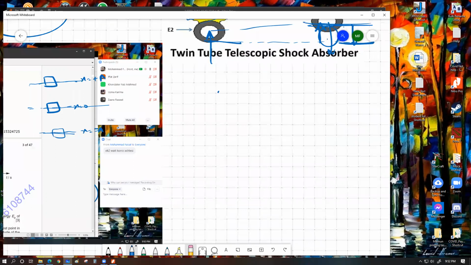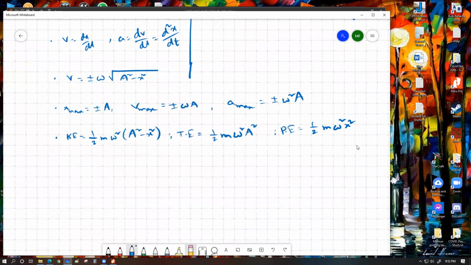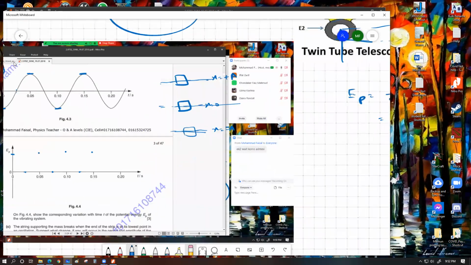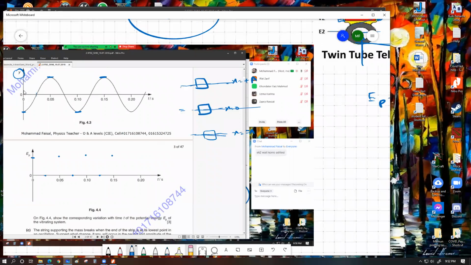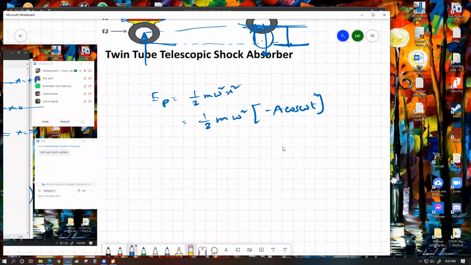সেটা হচ্ছে ইপি এর ইকুয়েশন ছিল হাফ এম ওমেগা স্কোয়ার এক্স স্কোয়ার। এই যে এখানে আমরা লিখছিলাম সেটা পটেনশিয়াল এনার্জি ইকুয়েশন। এখন আমি যদি এক্স এর ভ্যালুটা বসাই, হাফ এম ওমেগা স্কোয়ার মাইনাস এ কস ওমেগা টি। আনলাম কারণ আমি দেখছি আমাদের গিভেন গ্রাফটা হচ্ছে মাইনাস কস কার্ভ। তো এখান থেকে আমি এক্স এর ভ্যালুটাকে মাইনাস এ কস ওমেগা টি হিসেবে বসাইলাম। এখানে একটা স্কোয়ারও হবে, আলটিমেটলি ভ্যালু আসবে হাফ এম ওমেগা স্কোয়ার এ স্কোয়ার কস স্কোয়ার ওমেগা টি।